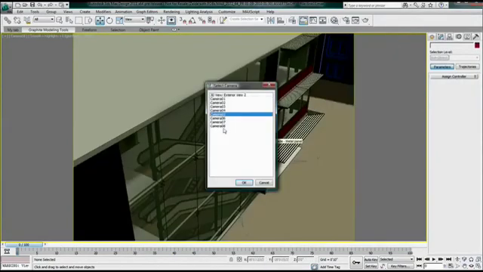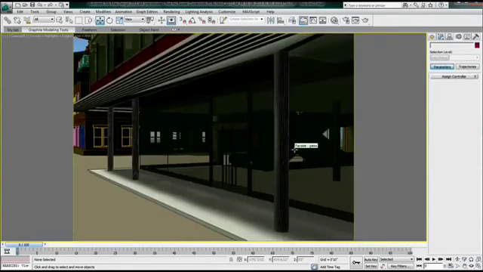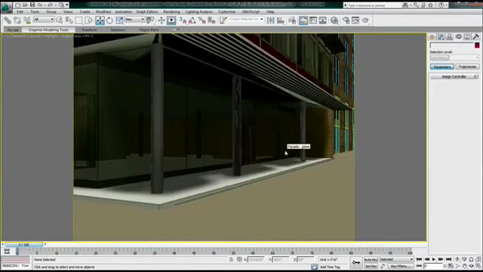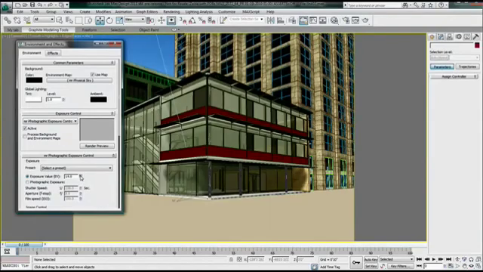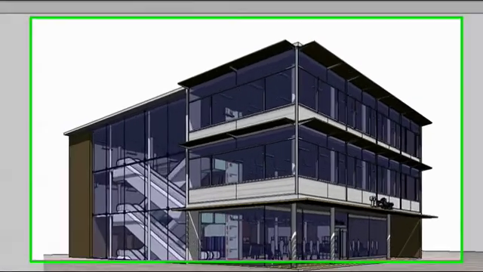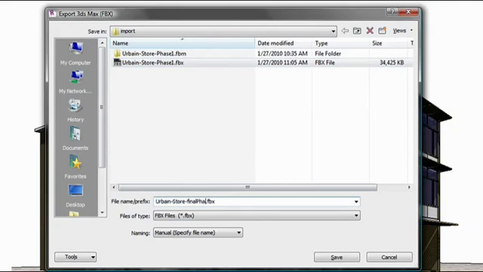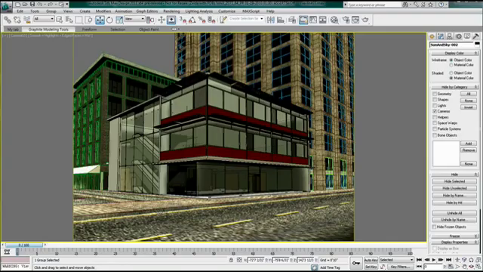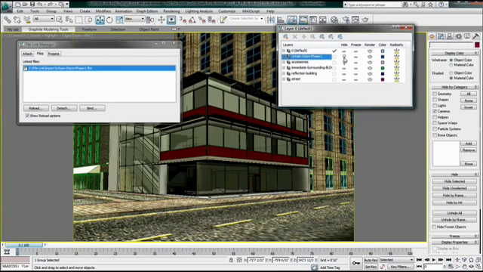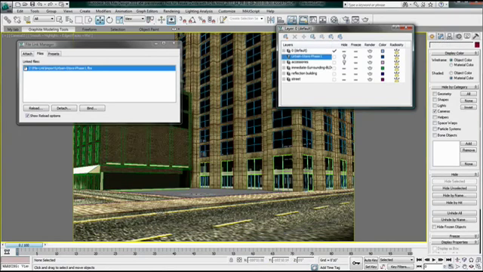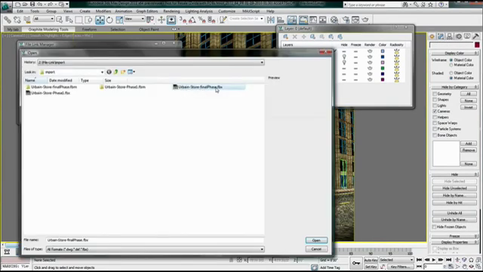You can also decide to link multiple files at the same time, allowing for comparison and iteration studies. In Revit, I will export the final phase of my design to an FBX file. Back in 3ds Max Design, let's open the FileLink Management window. I will hide the layer with the first phase of my project for now and point to the final FBX